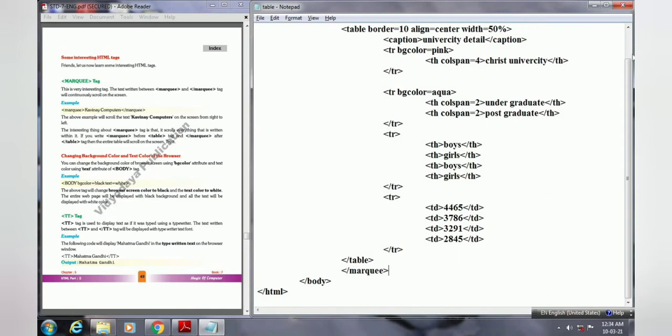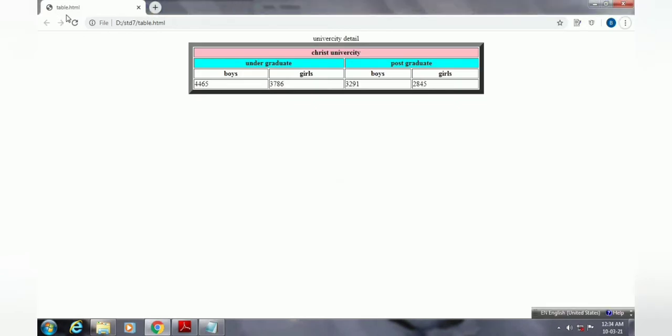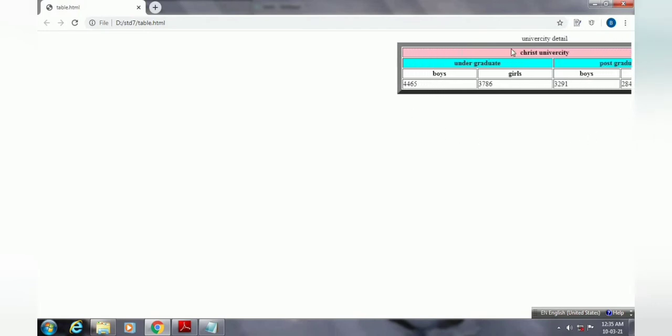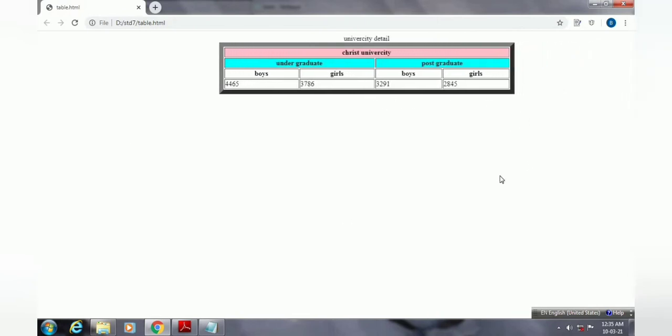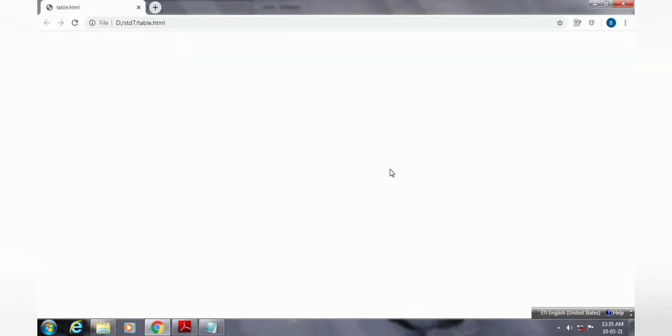Now open your browser window. This window I have already minimized, so I am using the Alt and Tab keys to go to my browser window. Now we need to refresh our screen. Just press F5 and now the scrolling marquee effect will be visible over here. You can see that now the table is coming in with the scrolling effect, with the help of our marquee tag. It will continuously scroll like this till you close your browser window. Like this the advertisement feeds come with the help of the marquee tag in a continuous scrolling effect.